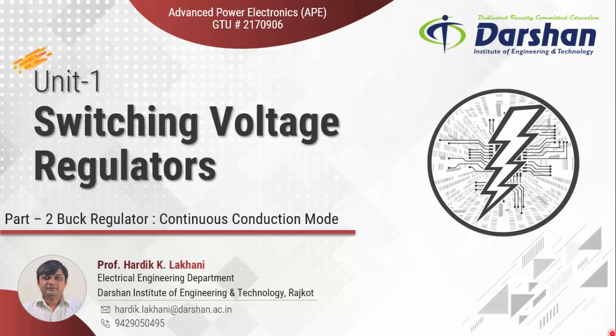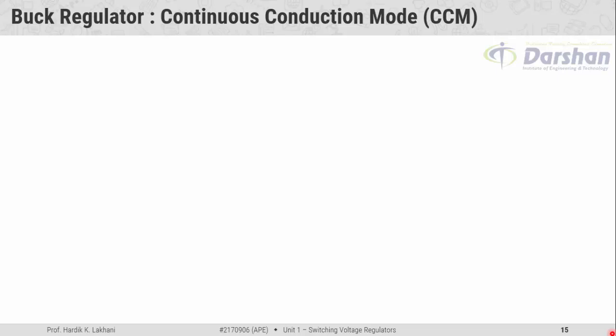Afterwards, we will do the derivation of the equation which shows the relation between input and output voltage for the buck regulator. So, the buck regulator is a DC to DC converter. It converts one level of DC voltage into another level of DC voltage. Actually, it is a step down converter. It converts one level of voltage into a lower level of voltage, which means output voltage of the buck regulator is always less than the input voltage.